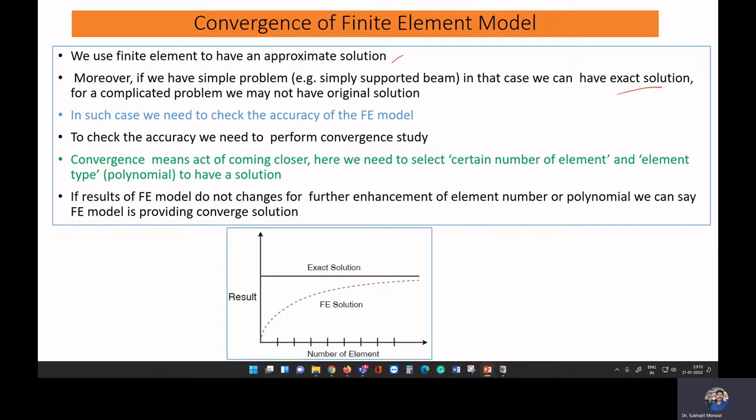So convergence study is basically the act of coming together. If the results of two FE models are very close, we can say our model has converged. Before going to the convergence,